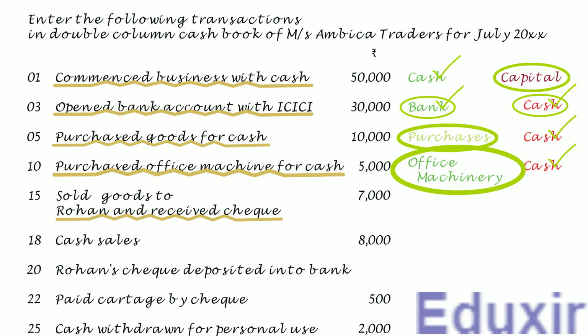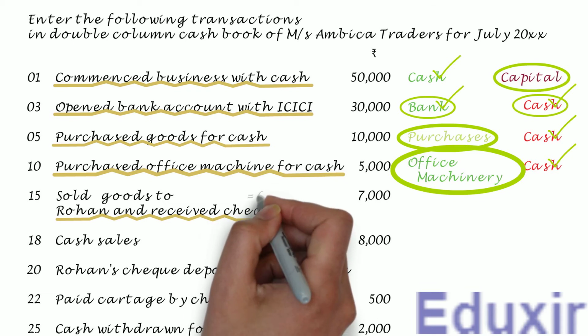Also note that in this transaction, the payment is done through check. Also, it is not specifically mentioned that the check is deposited into the bank on the same day. So we can safely assume that the check is deposited at a future date. As we have discussed in our previous problem, when the check is received and is not deposited into the bank on the same day, it should be considered as cash received. I repeat, even though the transaction description is stating that the check is received, we should treat it as cash received, as the check is not deposited into the bank on the same day. So this transaction can be considered as equivalent of cash sales.